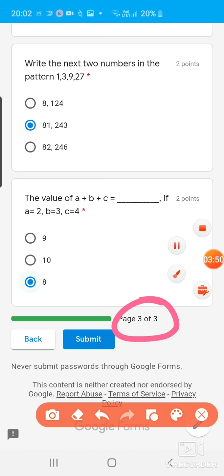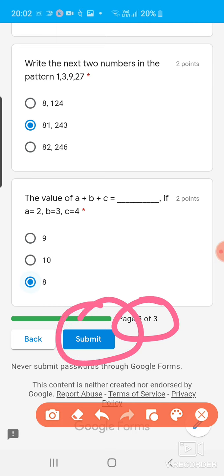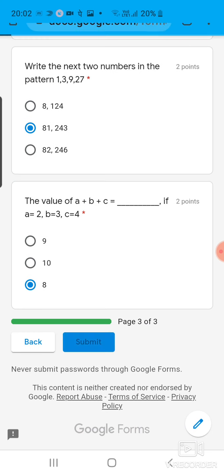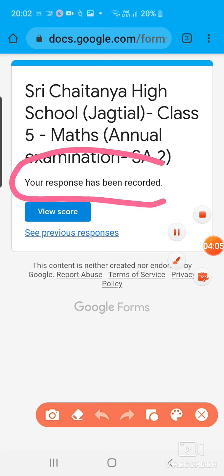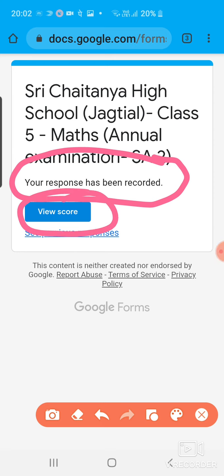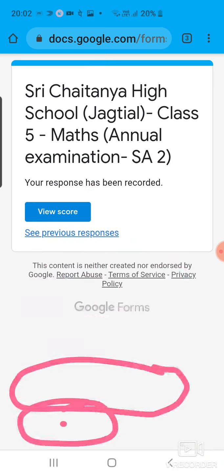So page 3 of 3. That's it in your sample exam. And once it is done, you get the submit button. Click the submit button. Yes, that's it, and your exam is completed. You can see, if there is no error, the final response is, your response has been recorded. And if you want to see the score and what are the correct options you have selected, and what are the wrong answers you have given, you just need to click this view score button,